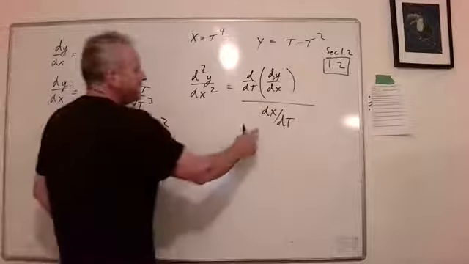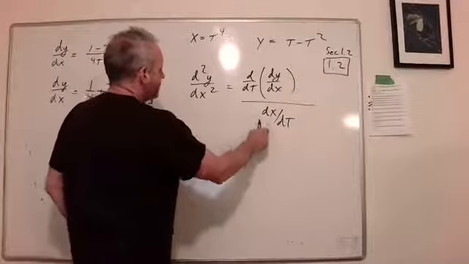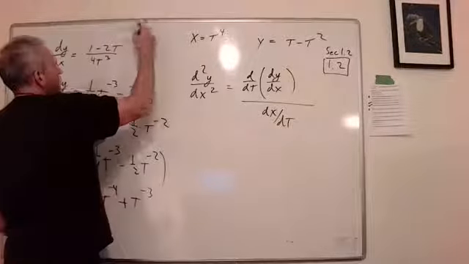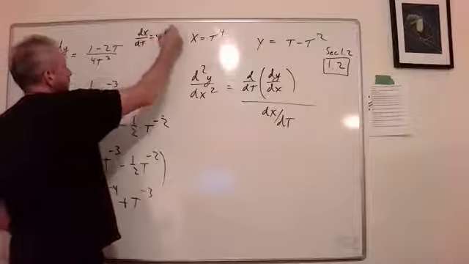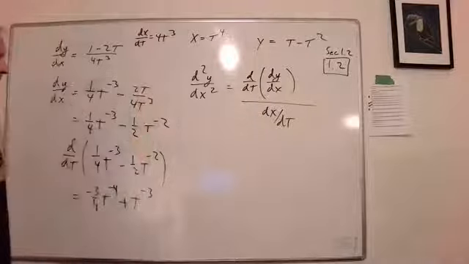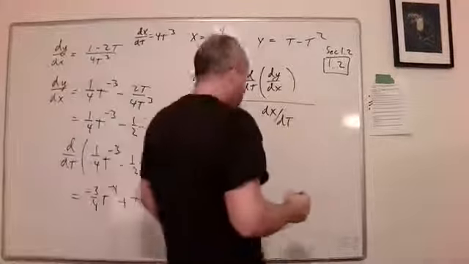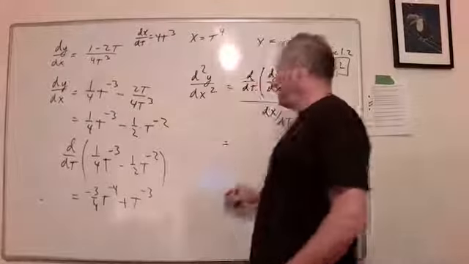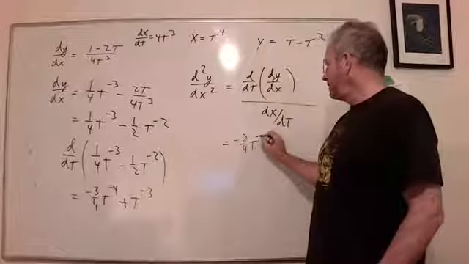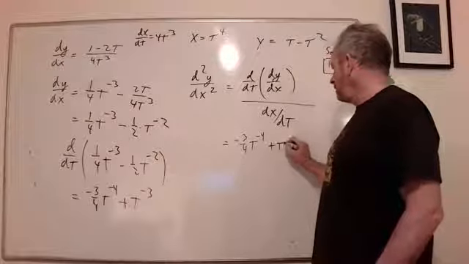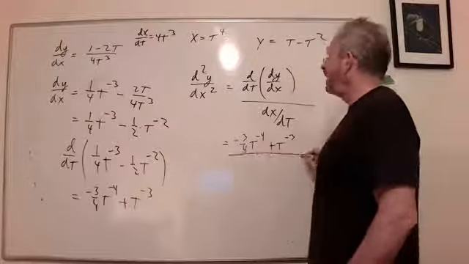And we're also going to need dx/dt, the derivative of x with respect to t. So we can do that pretty quickly. I think I already did, actually. dx/dt is 4t cubed. So let's put it all together. So this is equal to negative 3/4 t to the negative 4 plus t to the negative 3, all divided by